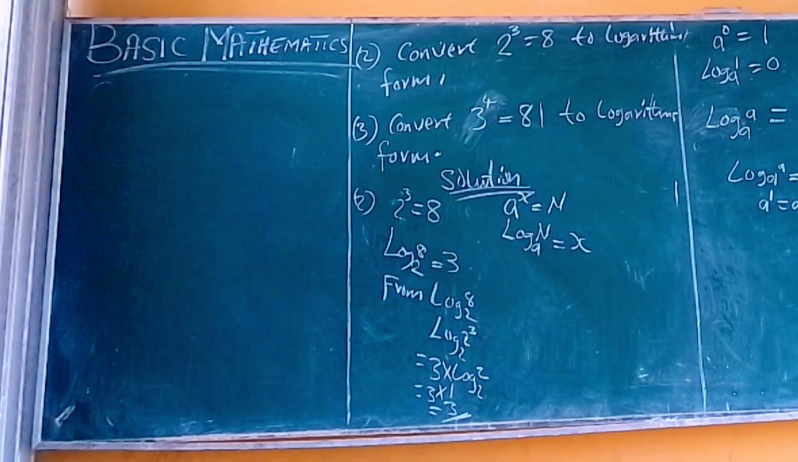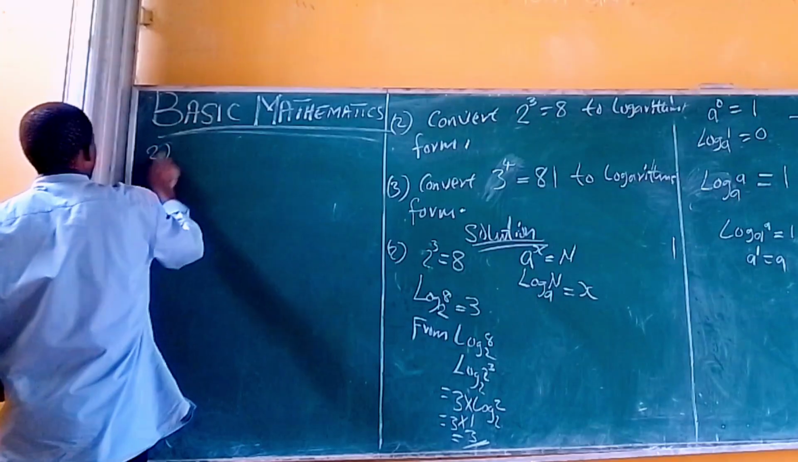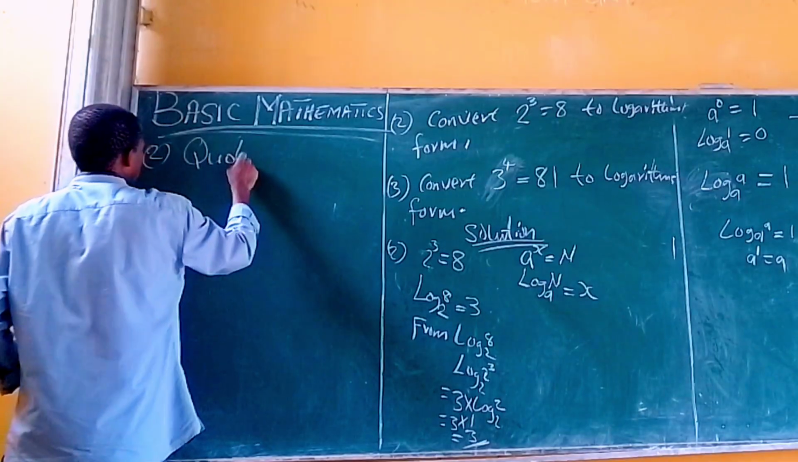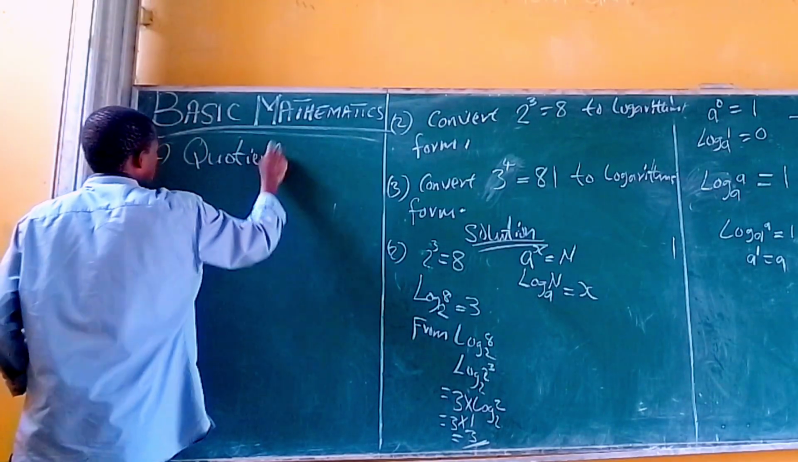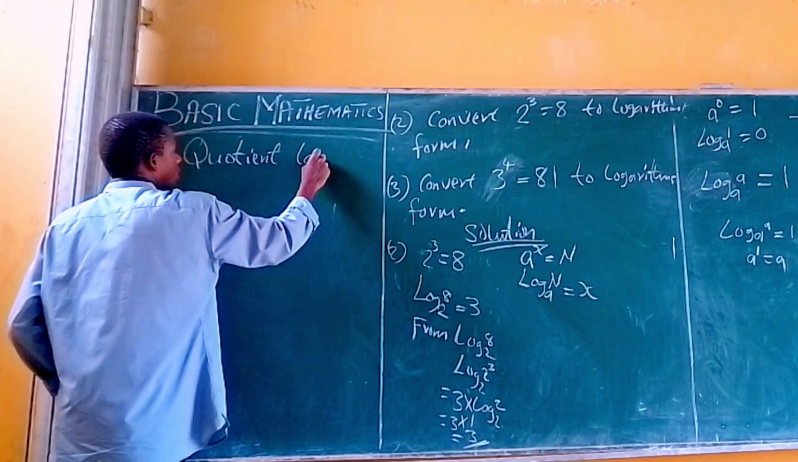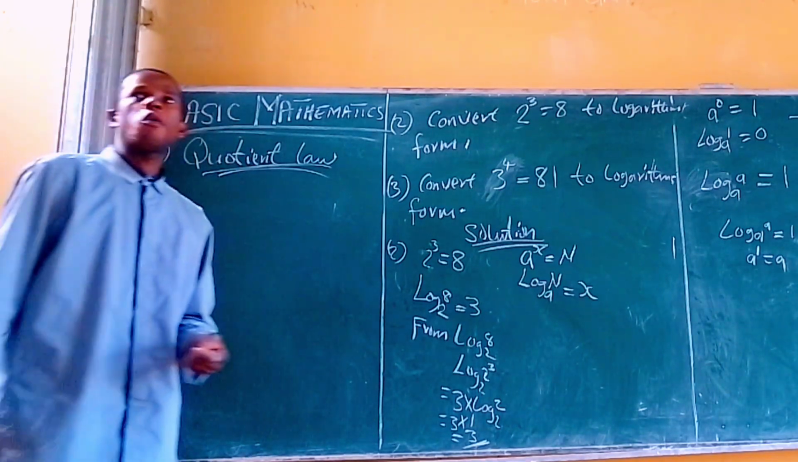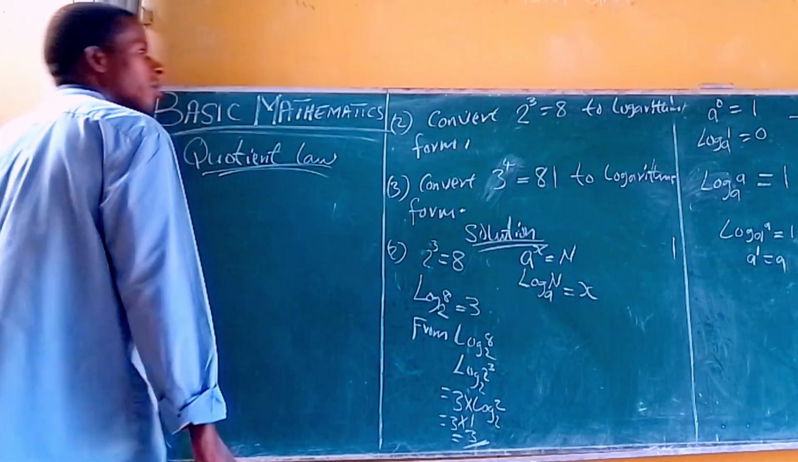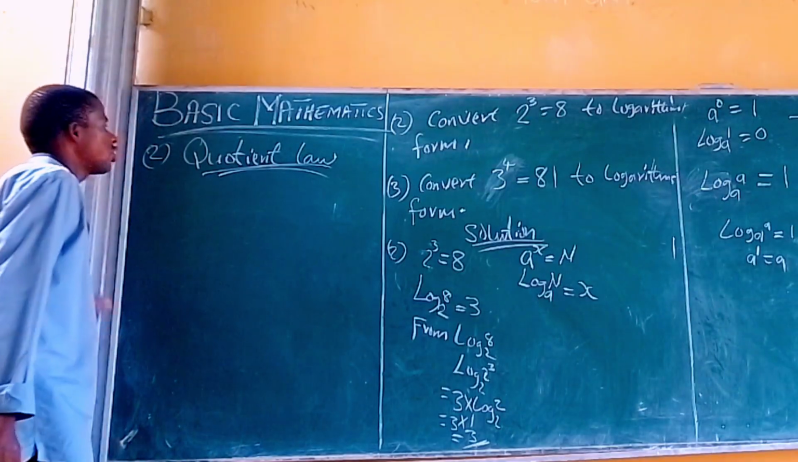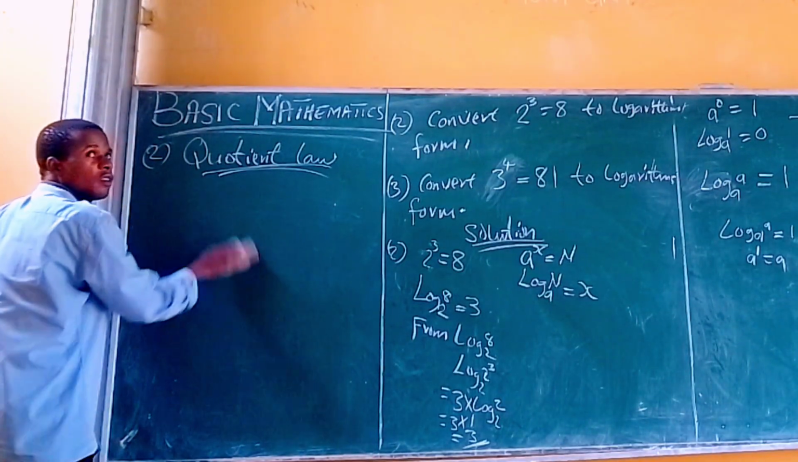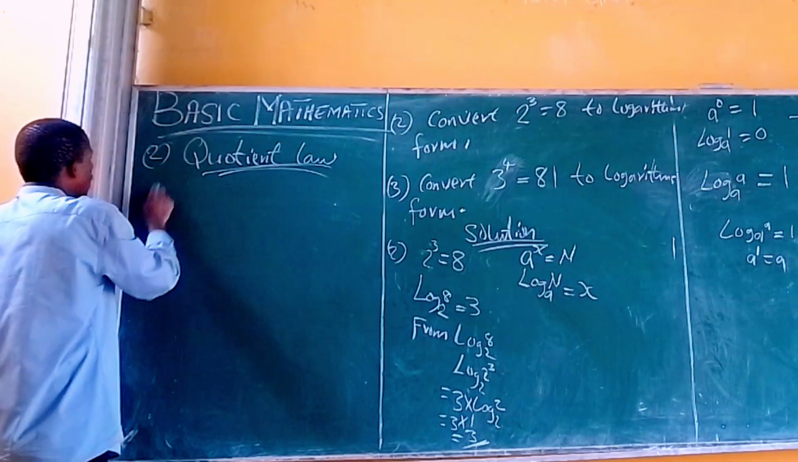Now let's look at the second law. We have the quotient law. When we talk about a quotient, we are talking about when a number is formed as a fraction. It's called the quotient law, like a division law. When a function divides another one, we have